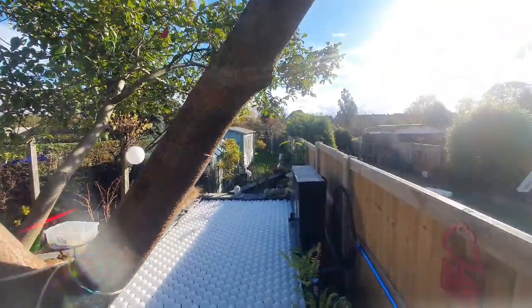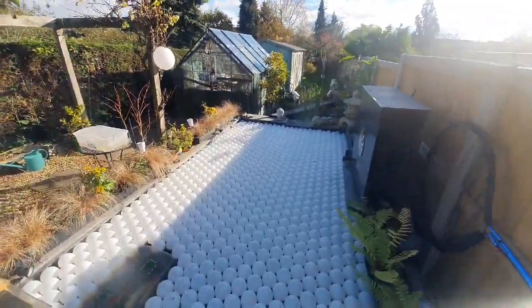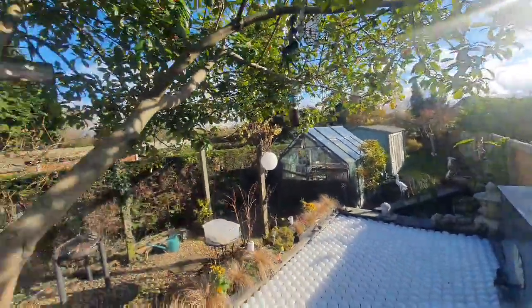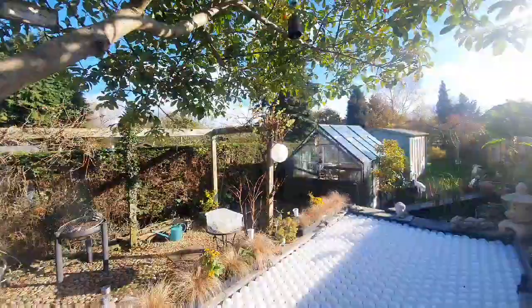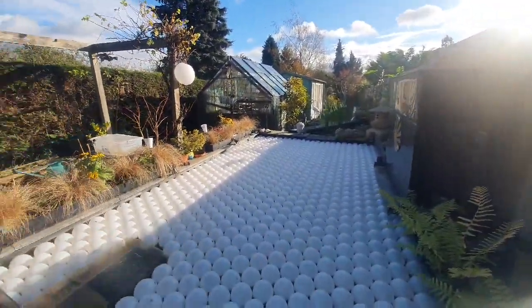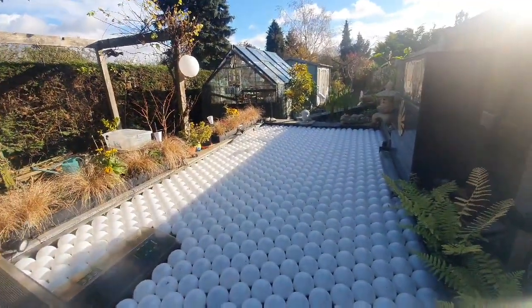Okay guys, the pond is looking good. The wind has dropped down significantly now. You can't hear the bells and stuff. Everything's looking calm. The bubbler's gone off, skimmer's gone off, because normally I say every time I've got a timer